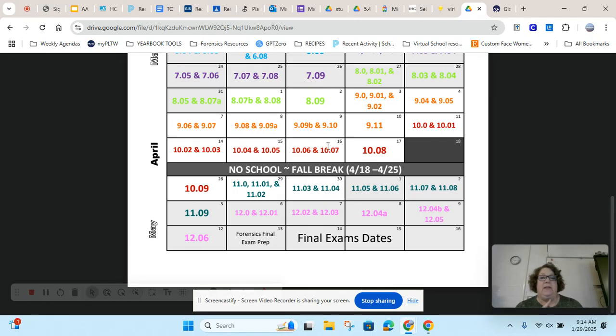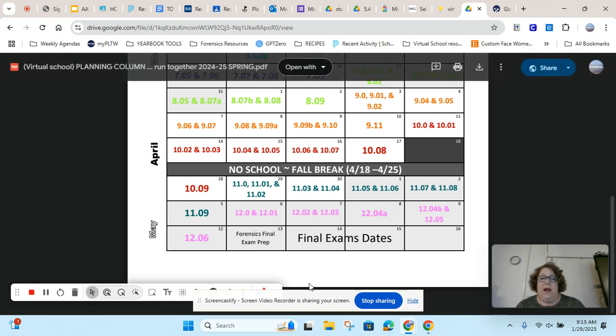You'll notice your final exams are on the 14th and the 15th. That will be the things that are on the Google Meet. You only have to be in one. You don't have to choose both days. It's a 2-hour window. It will begin at 6:00 p.m. and end at 8:00. You have that whole time. Shouldn't take you that long, but you do have 2 hours to take it either day.